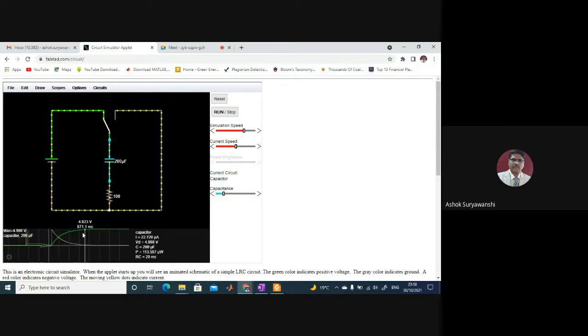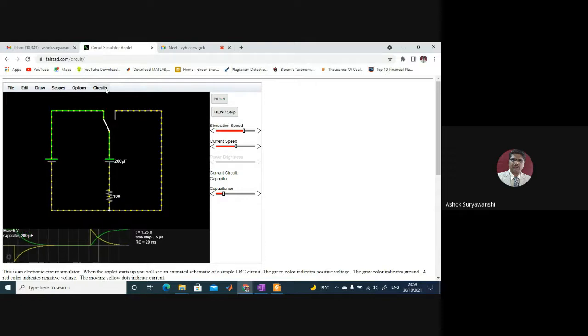This is the voltage and this is the current, right? Now it is fully charged. You can see it is fully charged. The moment I change the switch, it will discharge. You can see the lower green waveform going down exponentially, right? So it is completely discharged. Now it will start charging. You can see here, the green one.